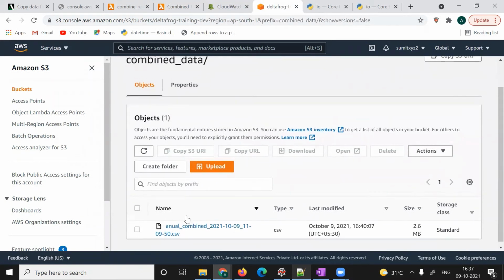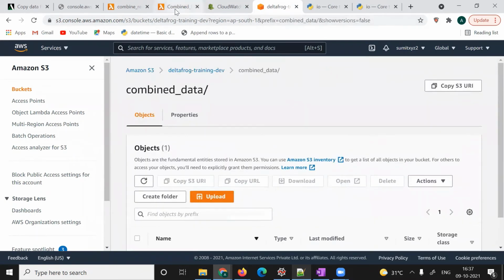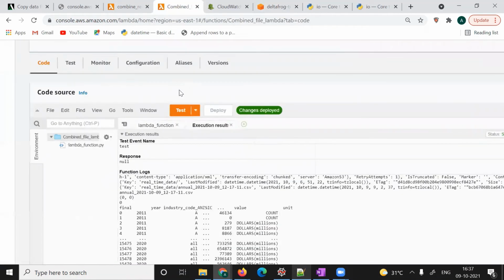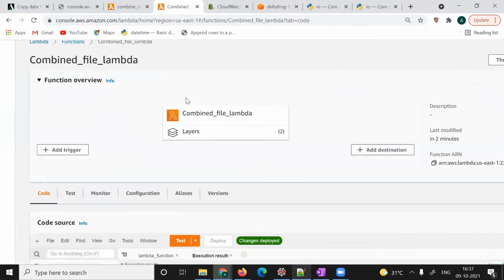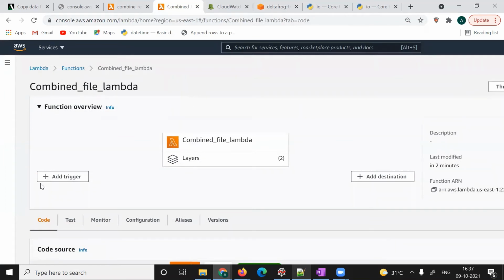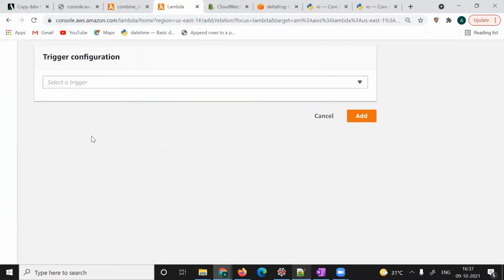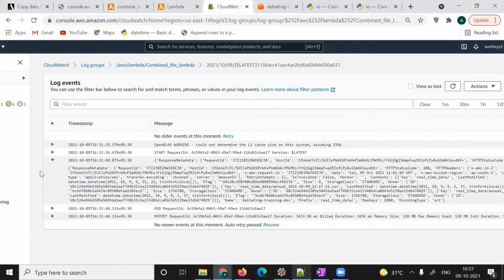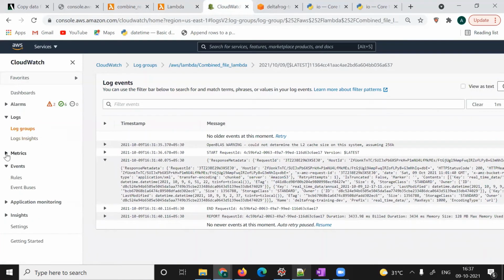This is done. Now I want to run this job, because you will not be available here to run it manually, right? So you can do it using a trigger. You can add a trigger and go to CloudWatch, or directly go to CloudWatch event here.